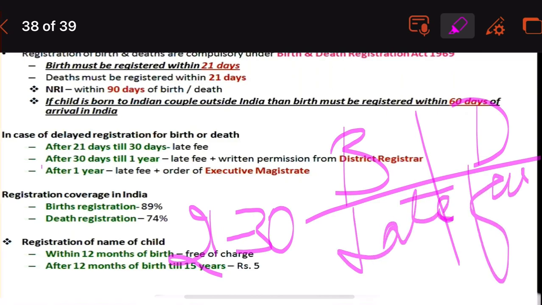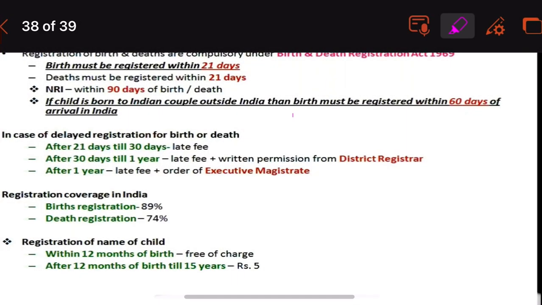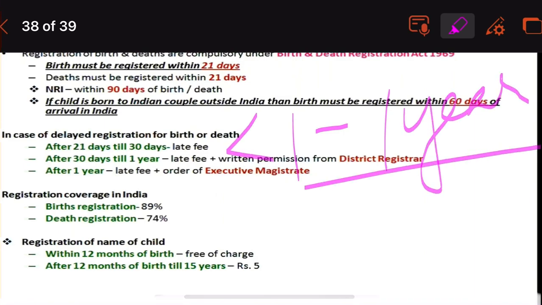If it is after 30 days, from more than 1 month up to 1 year, they charge the late fee and